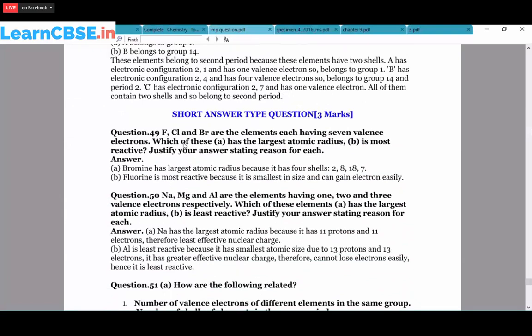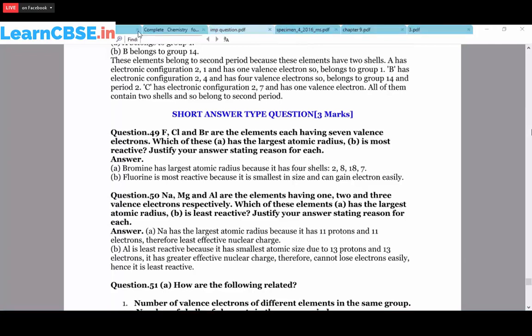So the fluorine, chlorine and bromine are the elements each having 7 valence electrons. Which of these has the largest atomic radius and is most reactive? Justify your answer, stating the reason for each. Bromine has the largest atomic radius because it has 4 shells: 2, 8, 18 and 7. And fluorine is the most reactive because it is the smallest in size, and also it can gain an electron